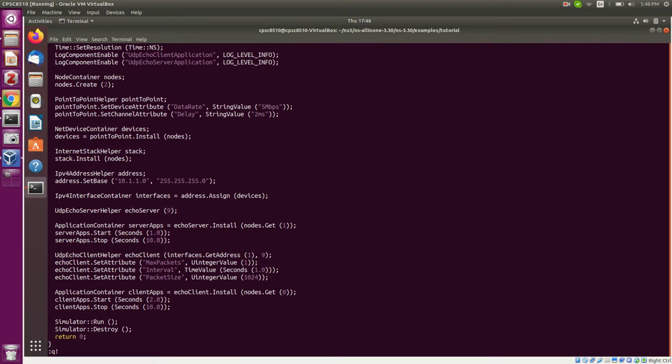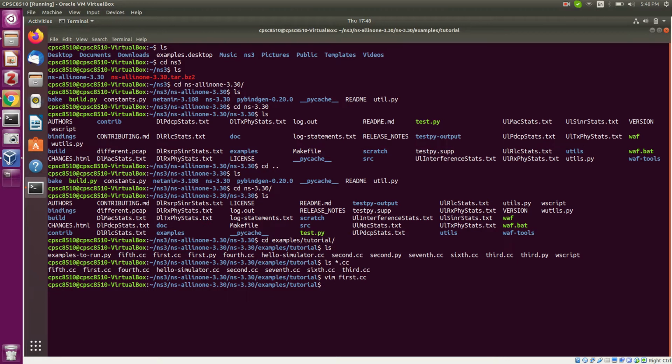So for most people who start out with NS3, you use the code provided in examples and build what you need on top of the code that's already there. So today we are going to look at first.cc, not in so much detail, but in how we would run first.cc. So that brings me to the two things I said I wanted to discuss.